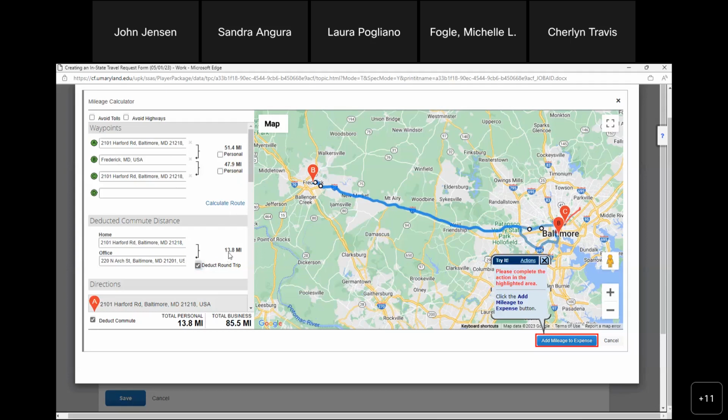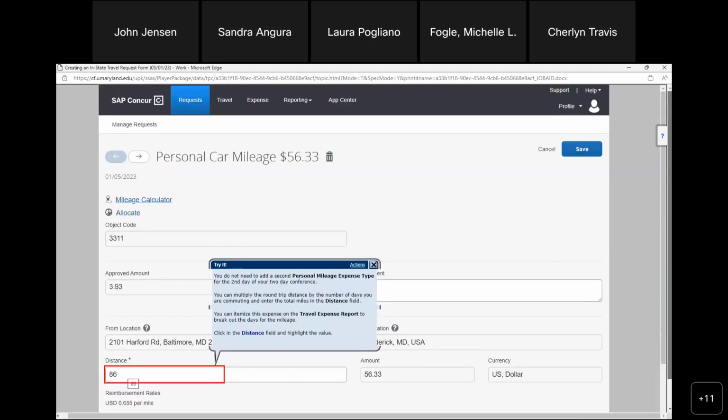So I'll deduct 6 point something miles, and then I'll make it a round trip. And now I have accurate mileage. So all I have to do at this point is click this button, add mileage to expense. And it added the personal car mileage expense type